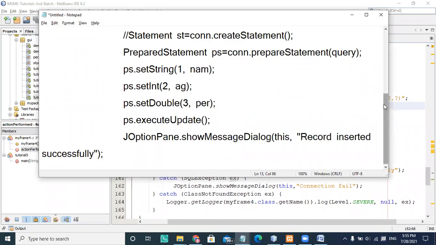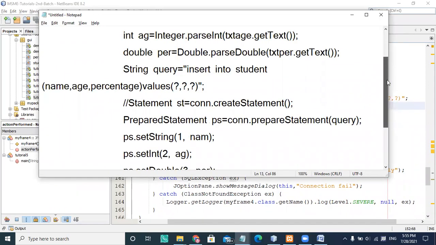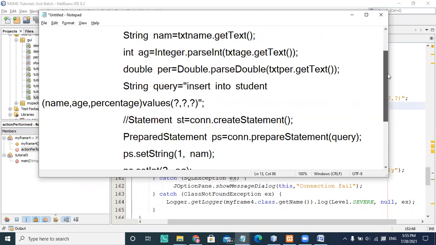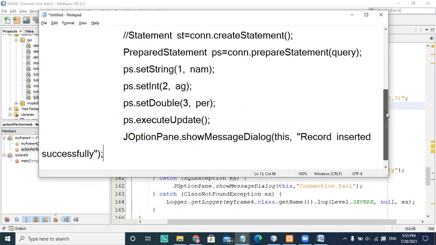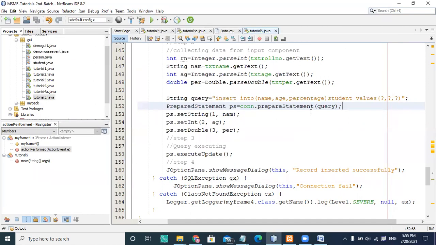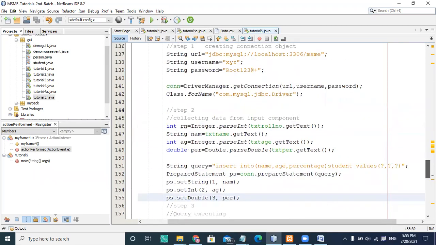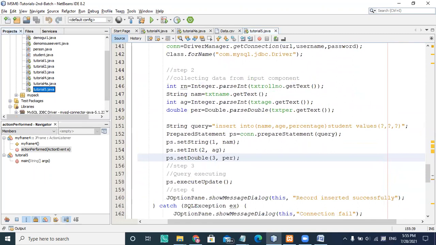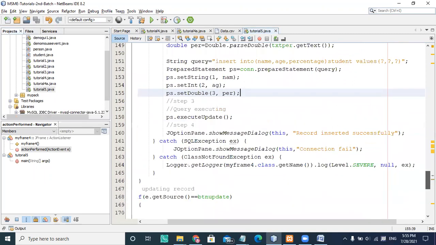If you see name, age, percentage, and the values with three question marks, and the create statement, everything I execute as per this part. So why is the connection giving me an error here? I think I have not... no, I added the line. Okay, record inserted. PS execution is there, that is executing it. Yeah, correct.